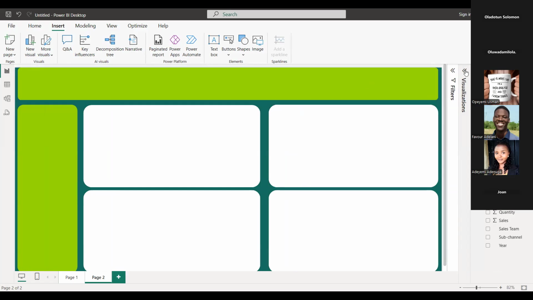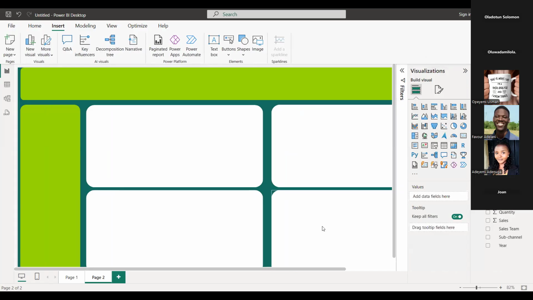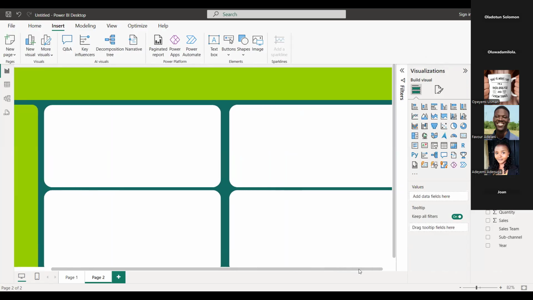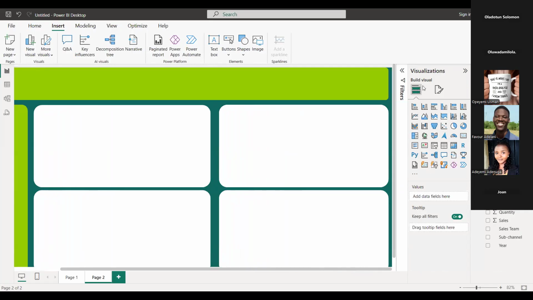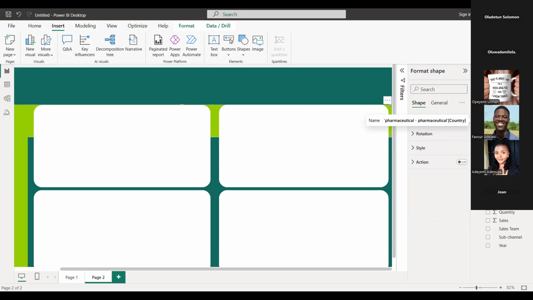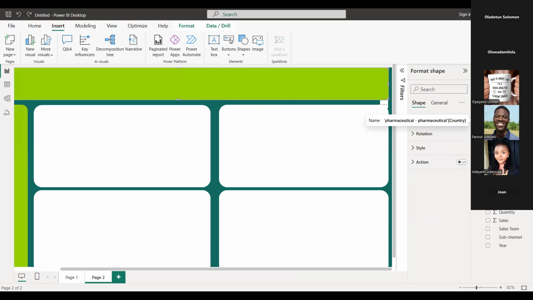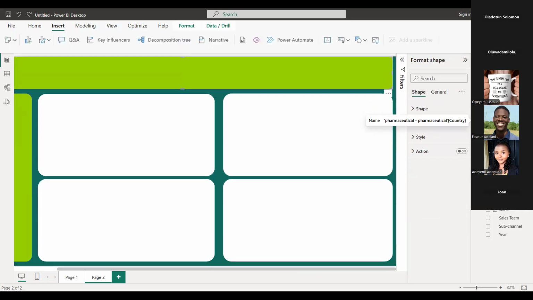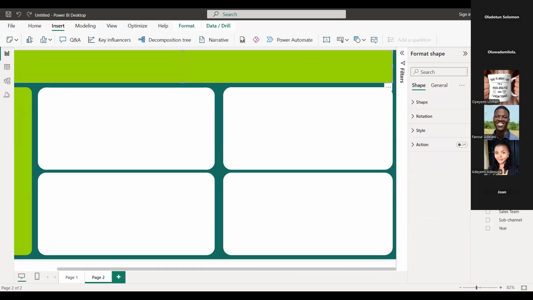Now, on to the most, should I say, important part of Power BI now, which is the visuals themselves. So we want to find total sales and total quantity. Mind you, I said those questions are under key performance indicators. So that means if you want to visualize a key performance indicator, it has to be a number. Are we together? It has to be a number.